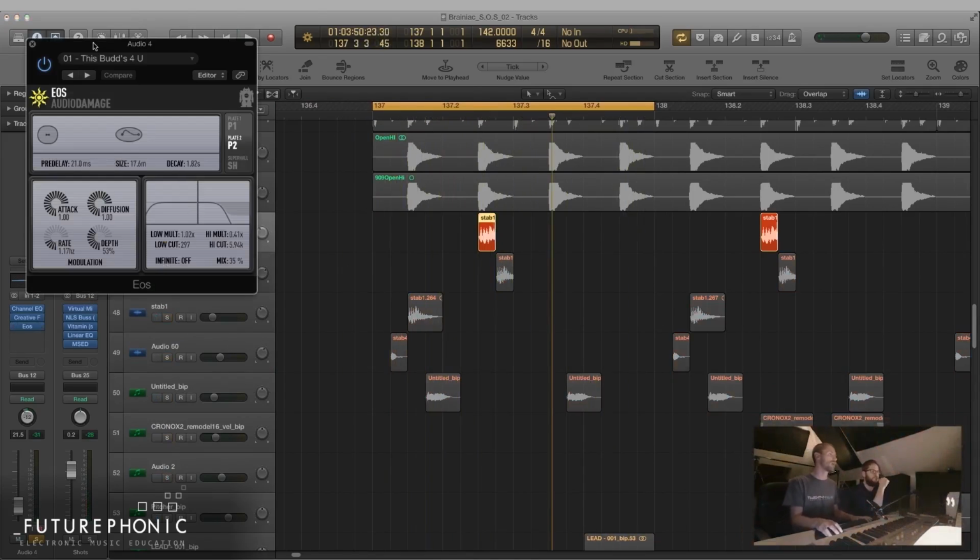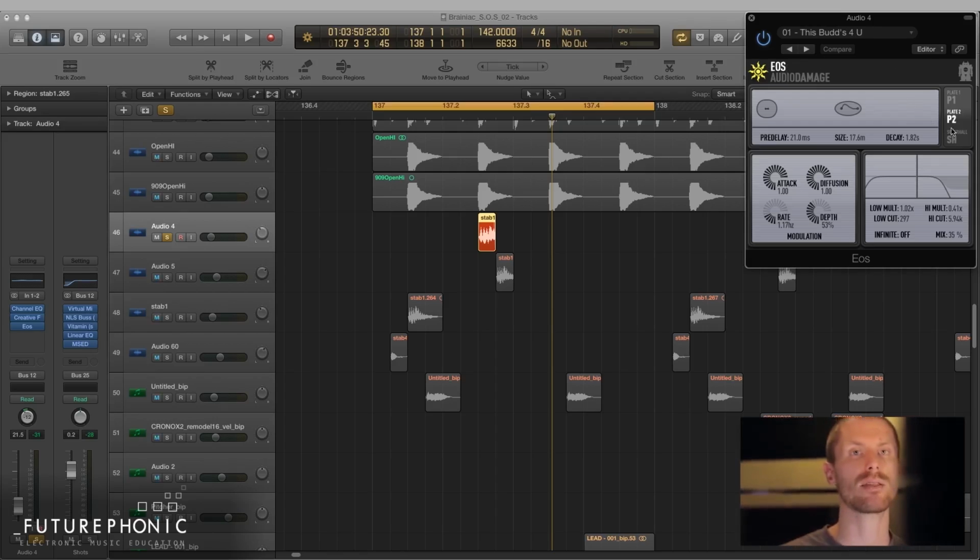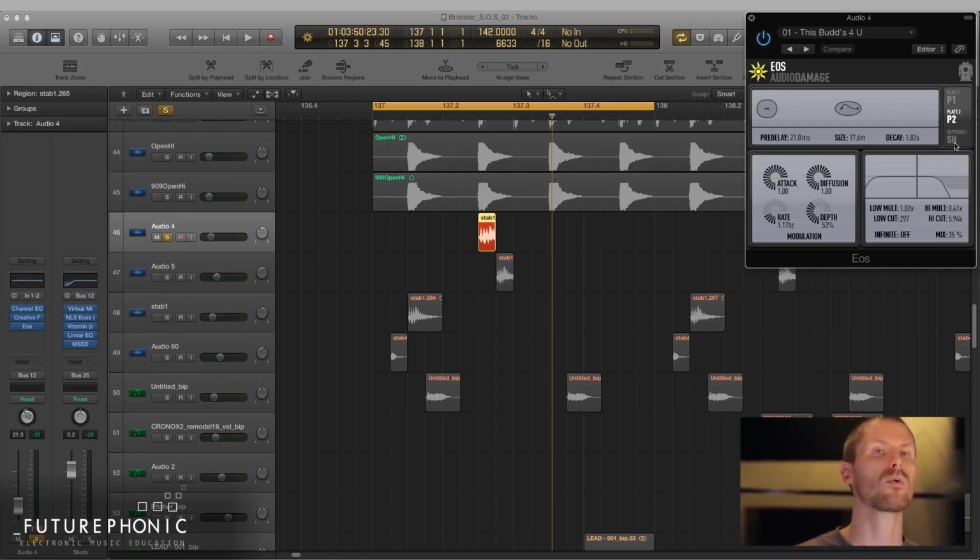If you don't know EOS, Audio Damage, also one of my very famous companies, I don't use much from them, but I have a few favorites. A very solid reverb that cuts through the mix if you're looking for something simple and effective. Good for Psytrance, I love it for Psytrance. I haven't had much use for it anywhere else, maybe for downbeat stuff, but it's very colored, I would say. You have a plate, a stereo plate, a mono plate, and a super hall, where you can do those super big